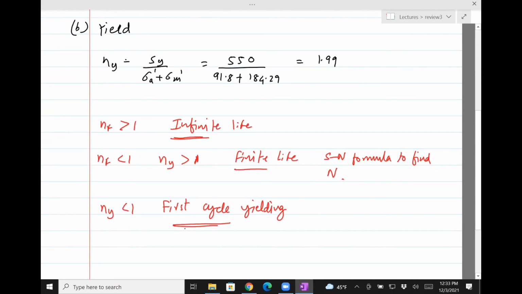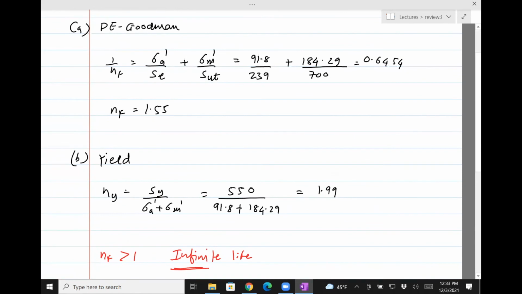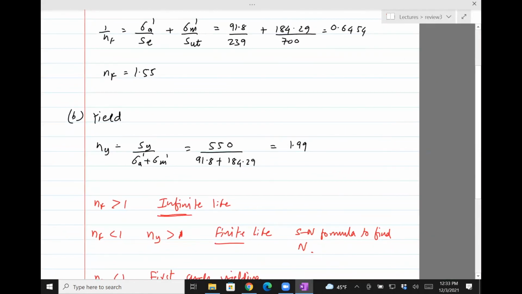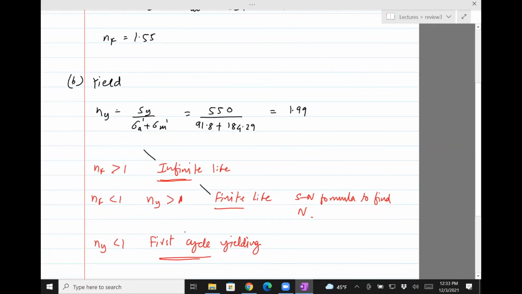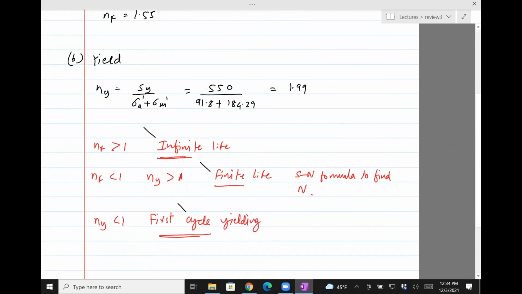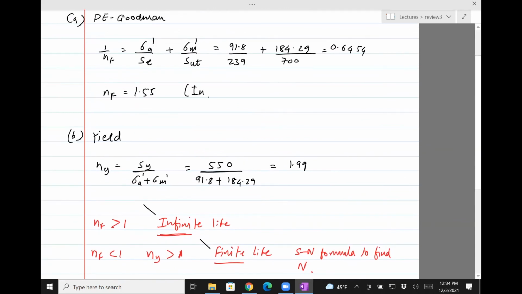You can only have one of the three. So which one do you think is right? Infinite, because NF is 1.55. Right. So it will have infinite life. Since